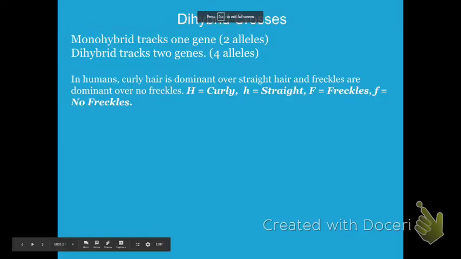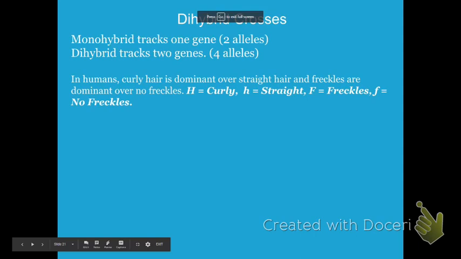All right, so we're going to start going over dihybrid crosses. Dihybrid crosses are where you track two genes. Monohybrid is what we've been doing, where you have one gene or two alleles, and you figure out the percent or probability that the child will get whatever genotype. Instead of doing monohybrid crosses, we're going to do dihybrid crosses, and that's just where we track two